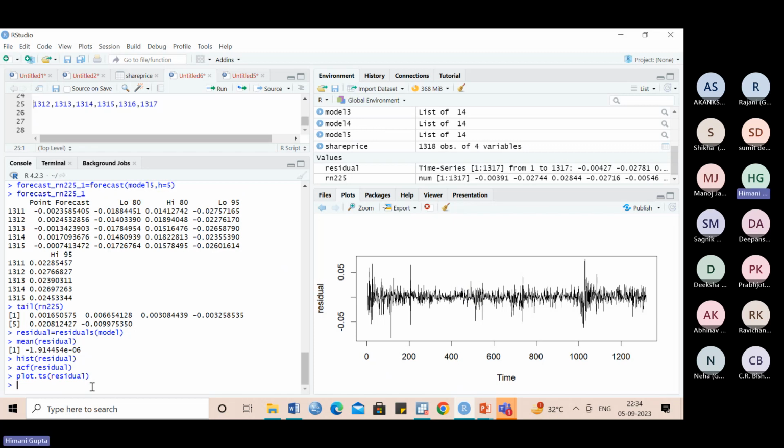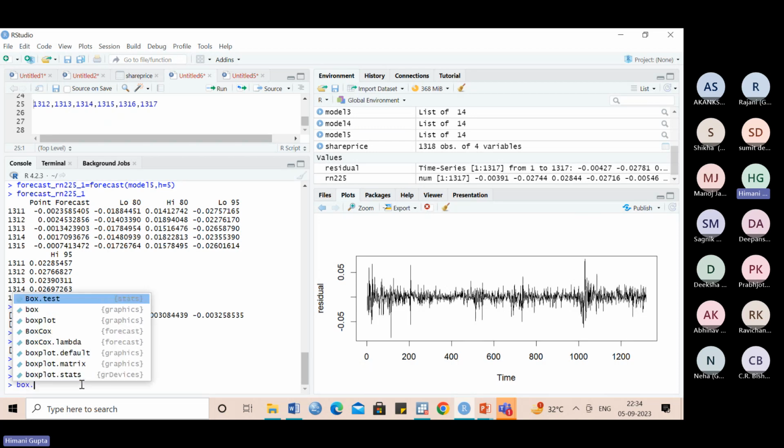Got it? Any doubt? You can even do the Ljung-Box test. That means we have done the last part, that all the residuals should be IID or they should be white noise. So I can check the Box test, which is named the Ljung-Box test. So you can go with that also. Okay, let's check with that also. So I can say Box dot